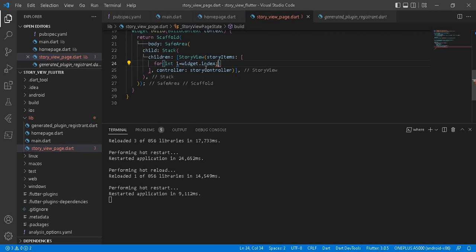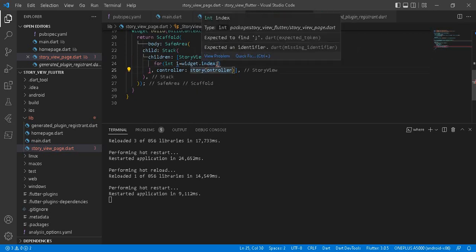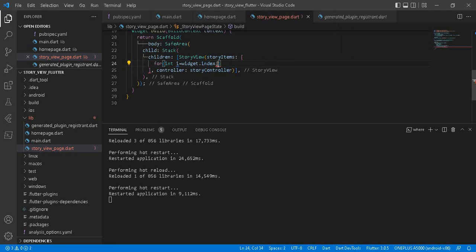So we are using the index of what we have clicked, and then i less than widget.model.length, that means the length of the model, and we increment our loop, and we return